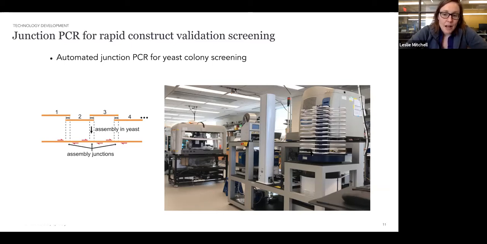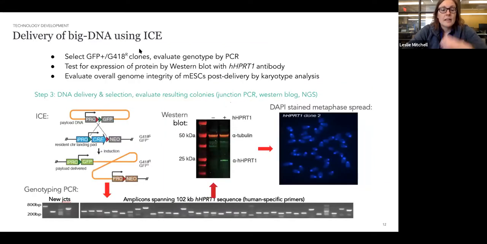This is the platform that we use for evaluating both yeast colonies as well as the downstream delivery step, which looks like this. We take the product of the yeast assemblies, recover it to E. coli, prep a lot of DNA, and then transfect that naked DNA into the mouse ES cells that are pre-populated with the landing pad. The DNA that we built is correctly designed such that